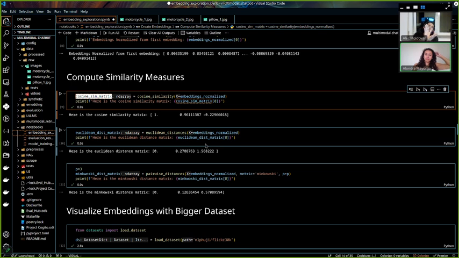The cosine similarity measures the angle between these vectors. If the angles are closer to each other, they're more similar in meaning, in the concept that they're representing. If they're farther away from each other, then they're not a match. They're dissimilar to each other. That's cosine similarity, which is based on angles. That's one way to measure similarity, using angles. The next one